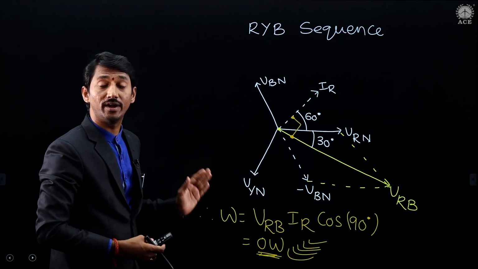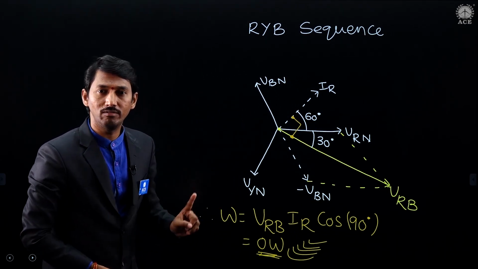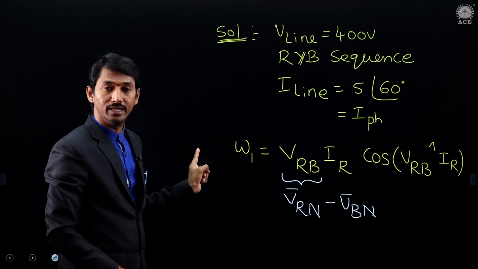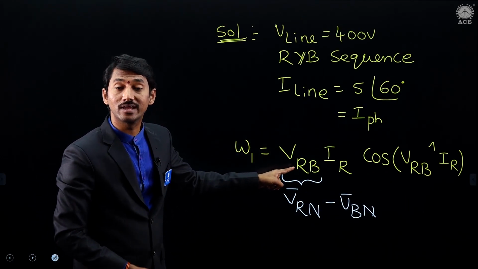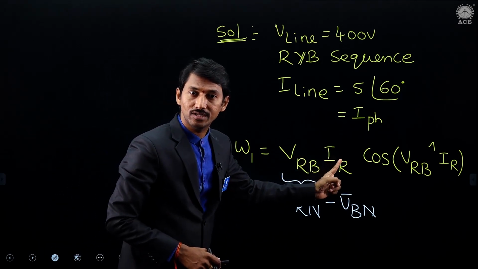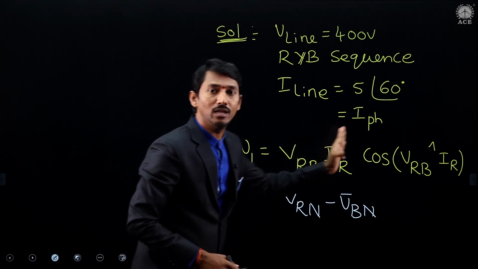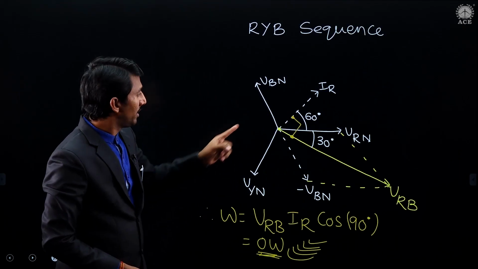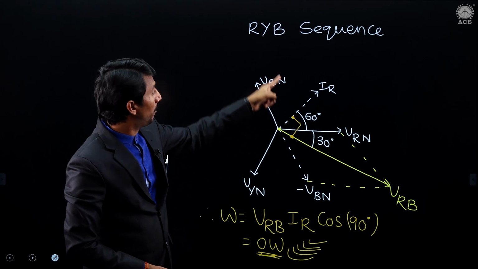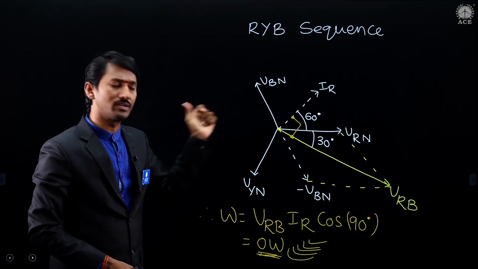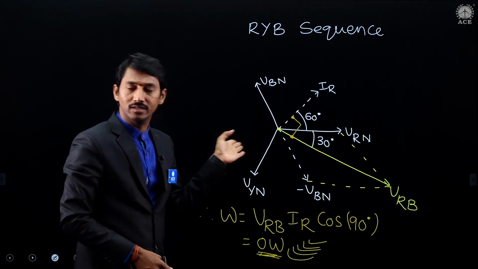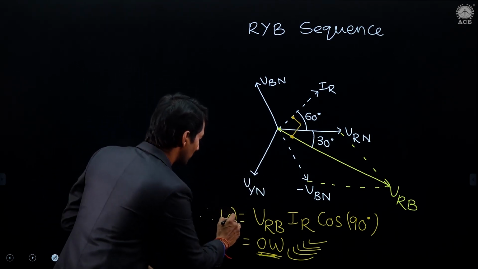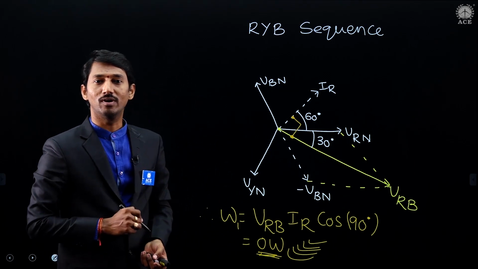This is the procedure to find out the wattmeter reading. So always keep one point in mind. If you want to find out the wattmeter reading, we need to concentrate on the potential coil connection, the current coil connection, and the angle between those two values. In order to get the angle between those two values, we need to draw the phasor diagram by following the given sequence. After that, the angle will be coming. In this question, the angle is 90 degrees, so cos 90 is 0. Automatically, the W1 reading is 0 watts.